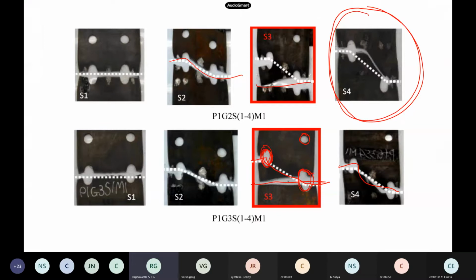You can see these dotted lines are from the formula. Somebody has done some experiments to check how good that formula is. In many cases, it agrees with the experiments. There are some cases where the formula gives one result but it happens differently. One or two deviations are there. But overall, this formula is more conservative.